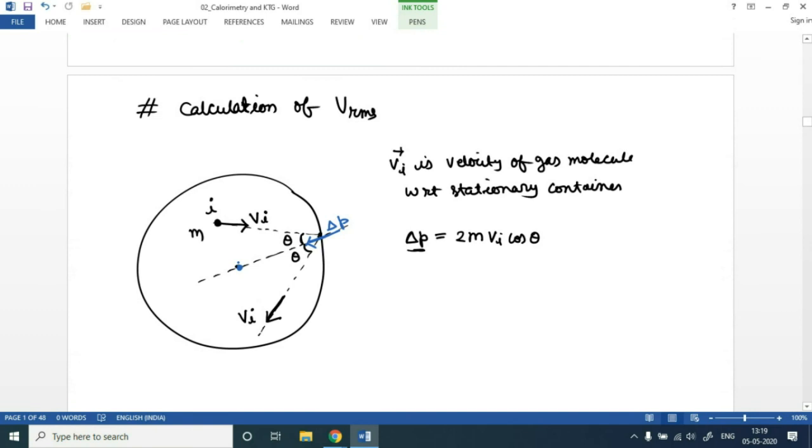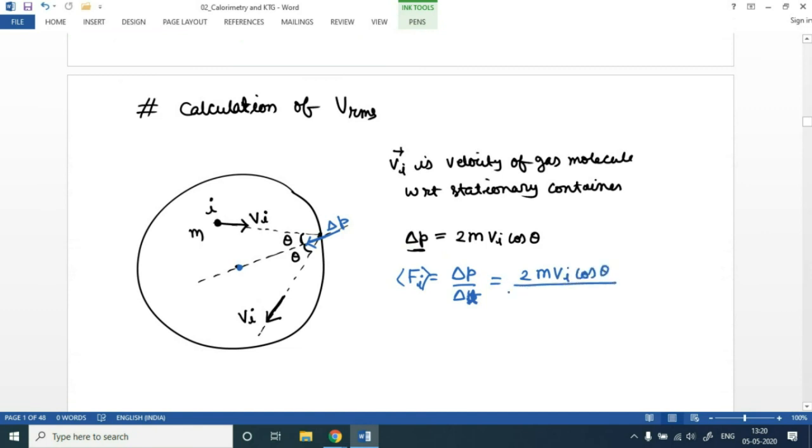So if we wish to calculate the average force exerted by this molecule only on the wall, so basically the average force, you can say, is the change in linear momentum upon the average time of the collision. So that would be simply delta p by delta t. Delta p we have already calculated, so that is nothing but 2 m vi cos theta. And